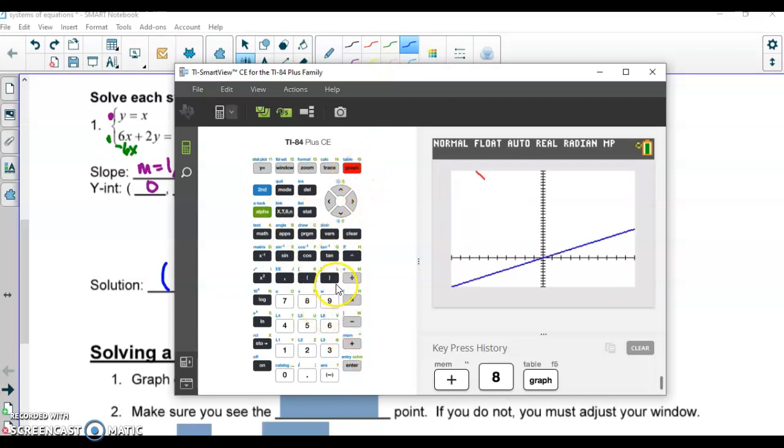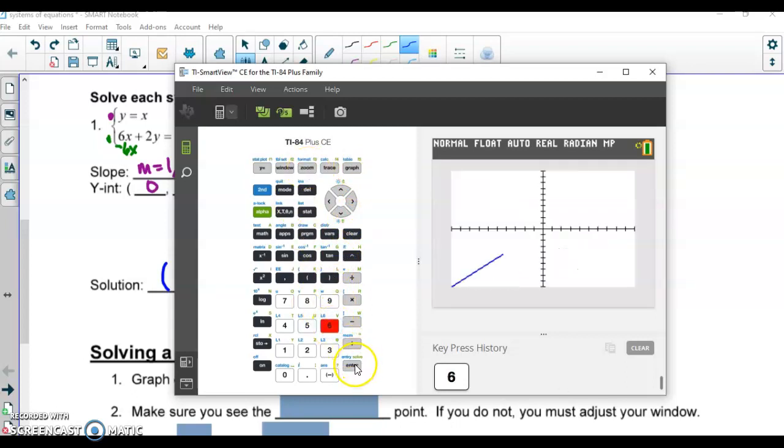Graph. I can always zoom 6 to go back to standard. And now we see the intersection. Okay. I might be able to read this one off my graph as 2, 2, but if I want the